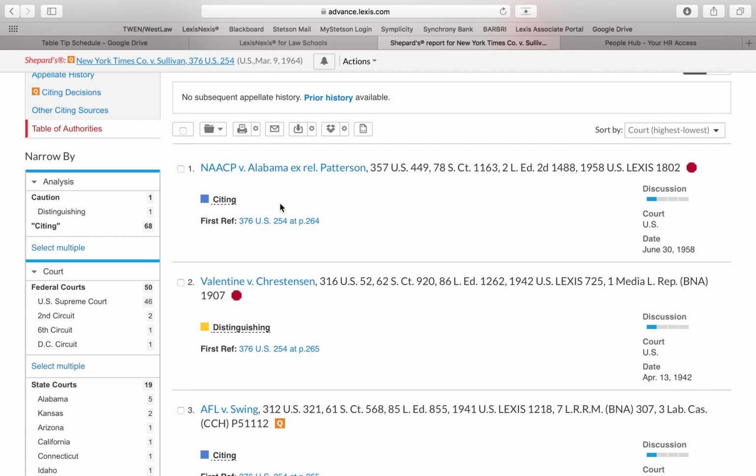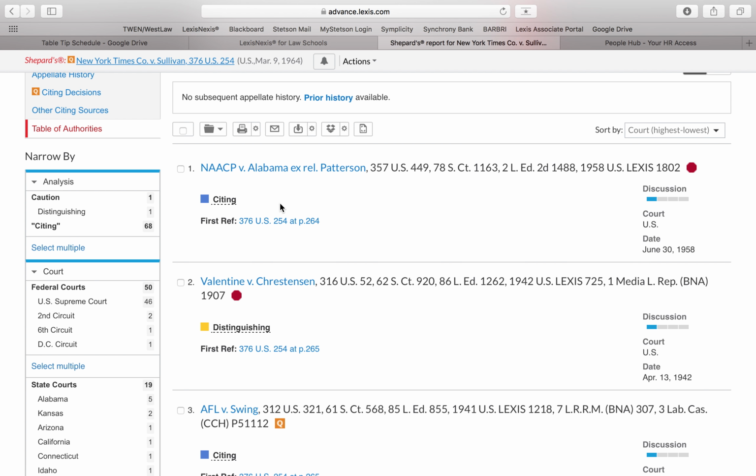To poke holes in your opponent's arguments, you will want to show that their precedent is flawed. You can use the table of authorities to determine if their precedent relied on a case or cases that are no longer valid. In other words, the New York Times ruling relied upon the precedent set in these cases. Some of these cases have subsequently been overruled. Therefore, it follows that the ruling in New York Times may be flawed.